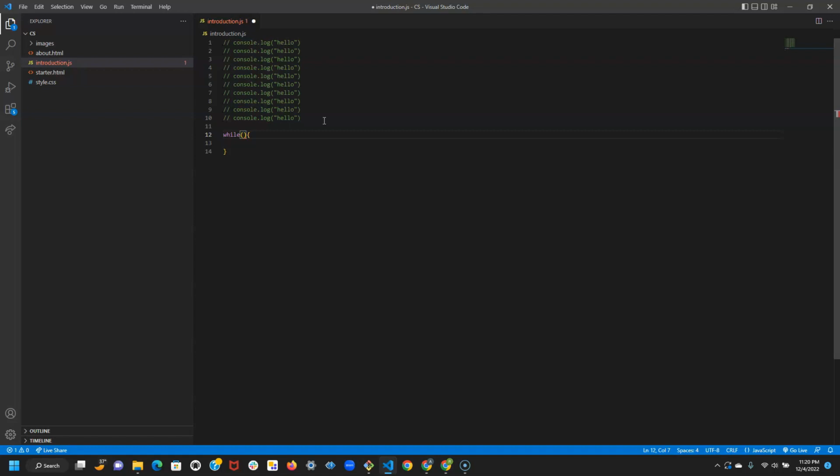So we need to set up a condition here that tells this program that it should only run what's inside of the braces 10 times. So what you'd have to do is set up a count variable. Let's say let count equals 0, and then while count is not equal to 10, inside of here we're going to write console.log hello,